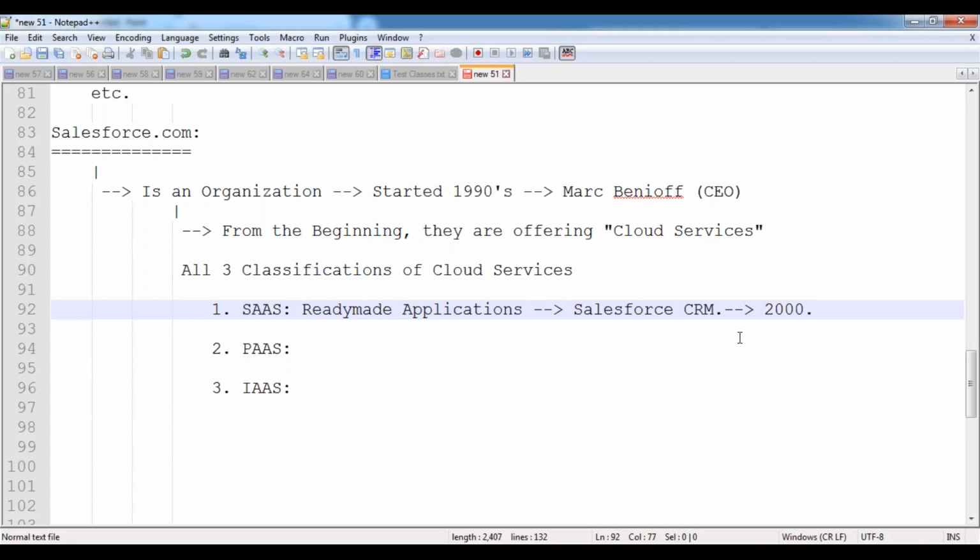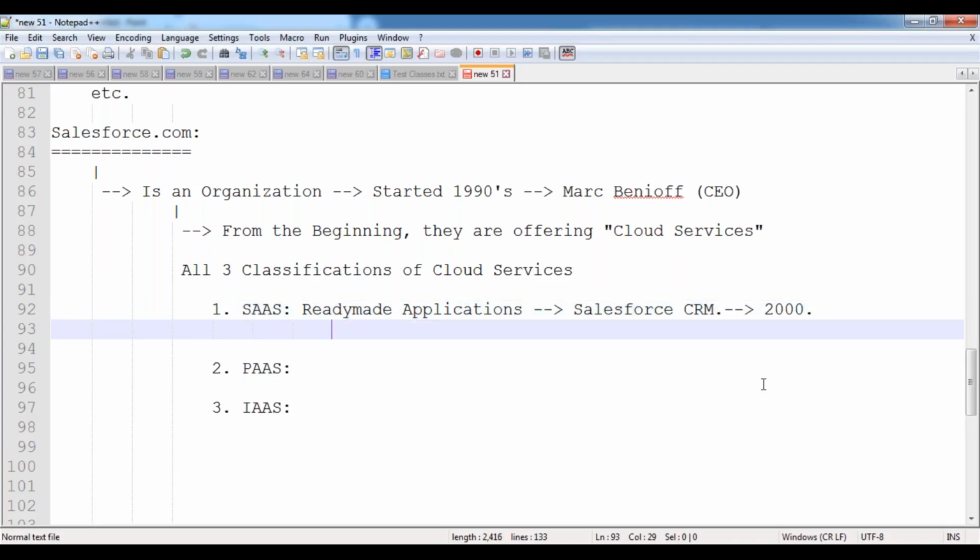So many clients are adopting Salesforce services nowadays. That's why we have huge opportunities in Salesforce, and we are getting very good packages also. Even when you go to a small company, Salesforce projects are available. When you go to any big MNC, in any country, we have Salesforce implementations nowadays. That's why there is huge demand for Salesforce.